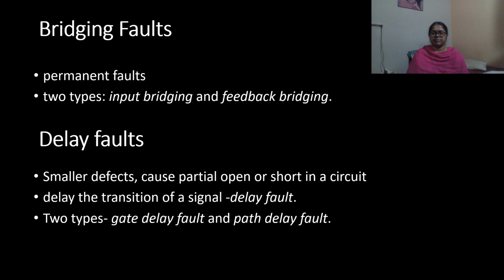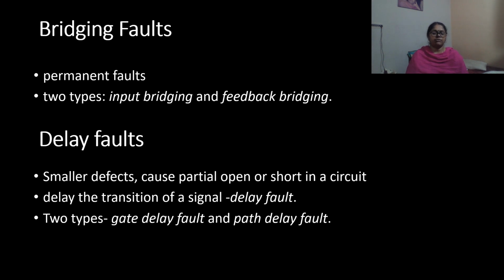Bridging faults. Bridging faults are permanent faults that cannot be modeled as stuck at faults. A bridging fault is said to have occurred when two or more signal lines in a circuit are accidentally connected together. Bridging faults at the gate level have been classified into two types: input bridging and feedback bridging.